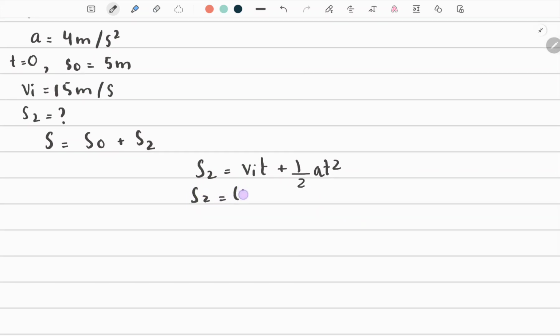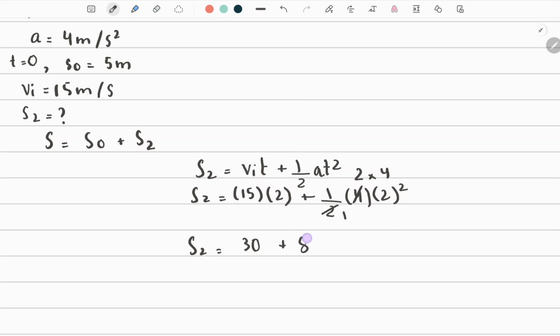Simply v_i is 15, time is 2, and then half a is half of 4, acceleration, time is 2, square, and then we can cancel these. Simply multiplying 15 into 2 is 30, and then square of 2 is 4, and 4 into 2 is 8. So the distance that he traveled in 2 seconds is